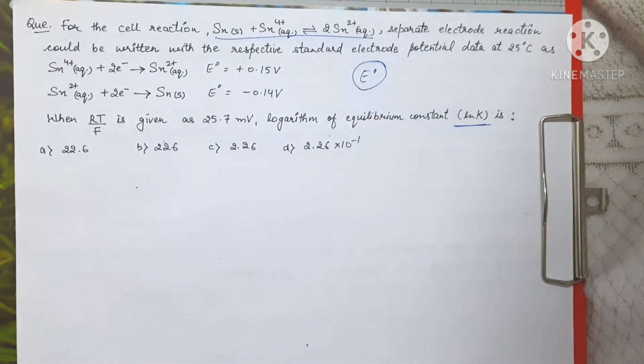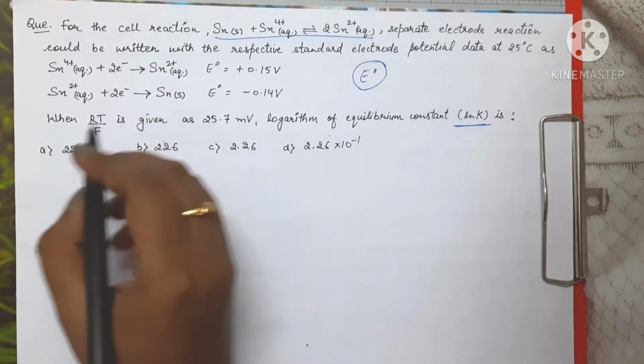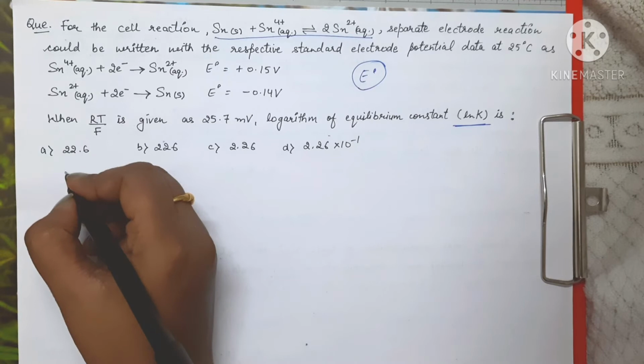If instead of a full cell reaction, a half cell reaction would have been given to us, that is, if in the final chemical reaction electrons were to appear, then that means it was a half cell reaction and we have to go via delta G naught values, right? But in this case we'll go via E naught values. So now for the cell reaction